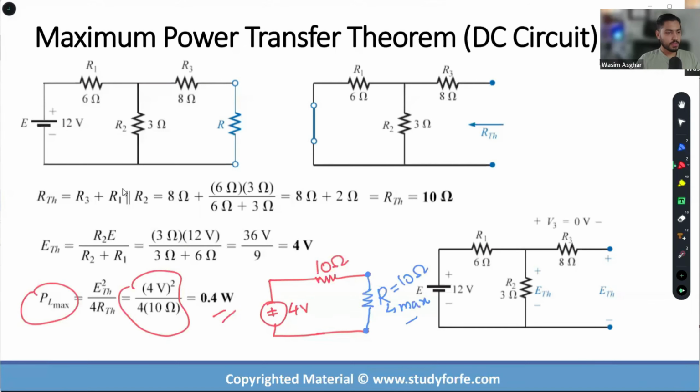Okay. So in summary, by making sure that our load resistor is exactly the same size as the Thevenin resistor for the given circuit, we will ensure the maximum power transfer to this load resistor, and that maximum power transfer can be calculated if we also know the value of our Thevenin equivalent voltage. Okay, so this is how the Thevenin theorem helps us figure out the maximum power that can be transferred to